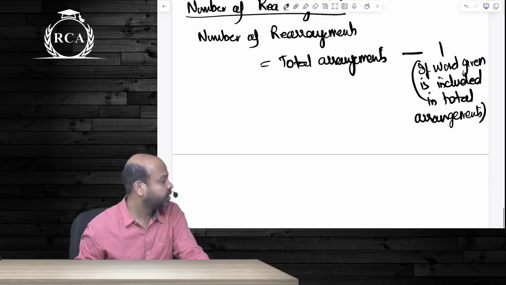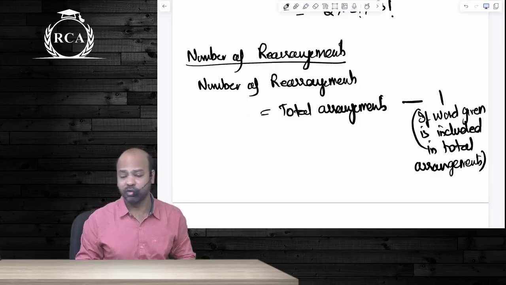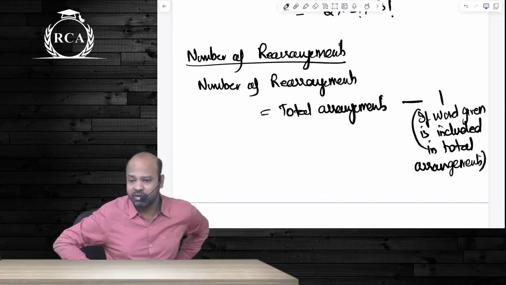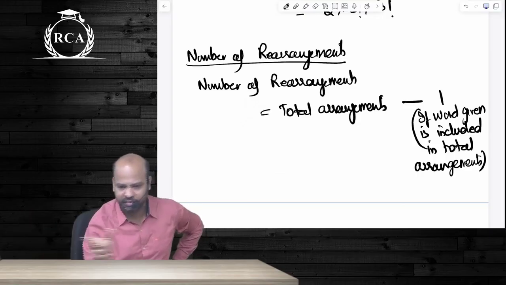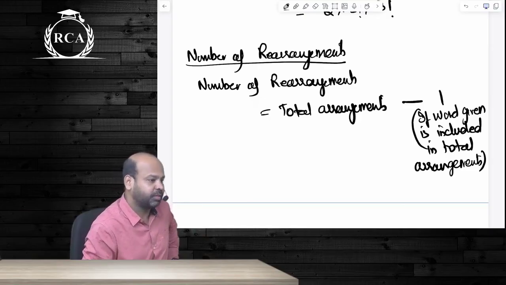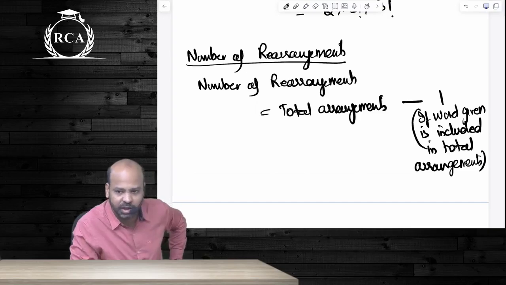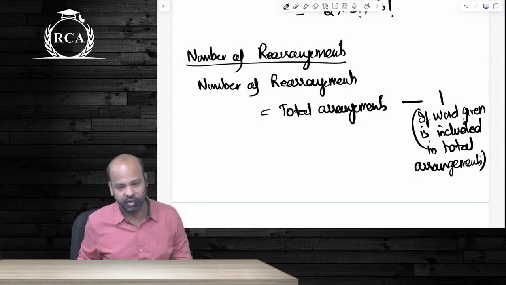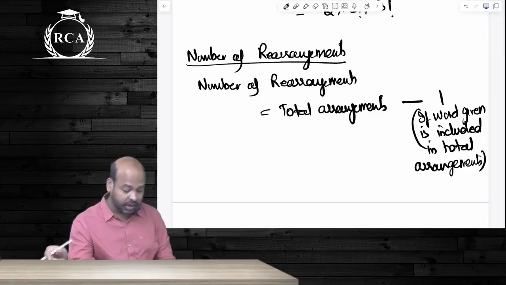Are we clear, guys? Then beta, using digits, they've asked us to arrive at number of 3-digit numbers, number of 4-digit numbers, number of 5-digit numbers. Yaad hai beta ye sab? As long as there is no condition given for the first place or the second place, beta, you can directly arrive at the answer. If I give you 5 digits and I ask you to form 3-digit numbers, the answer would be 5p3. First place can be filled up in 5 ways, second place in 4 ways, third place in 3 ways. But what if I tell you, beta, that the 3-digit number has to be greater than something? Then we have a condition for the first place. If there's a condition for the first place, I will have to first arrange the first place.